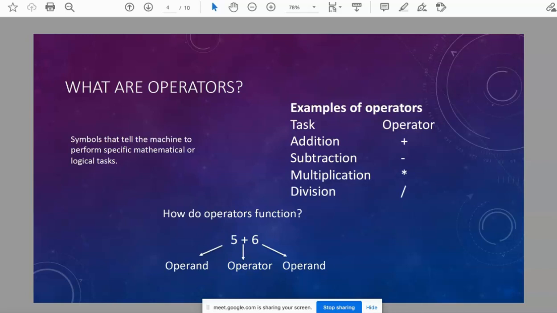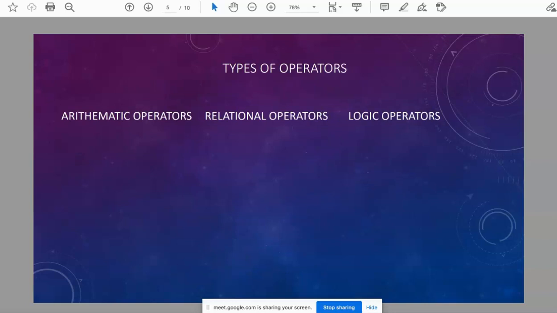Okay, then we shall look at different types of operators. We have three types of operators basically. In fact, there are many more, but we consider only these three here. The arithmetic operators I've already given in the previous screen: addition, subtraction, multiplication, and division. When you say addition, it works on two operands. And how does it work? It works